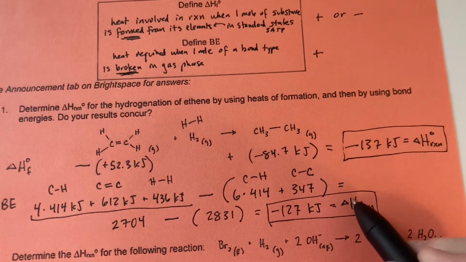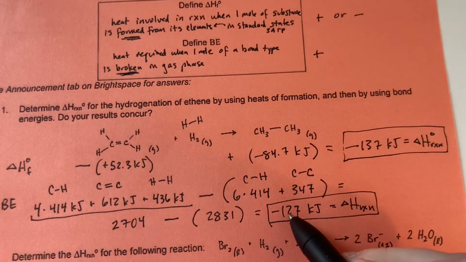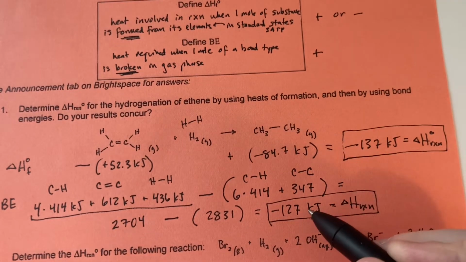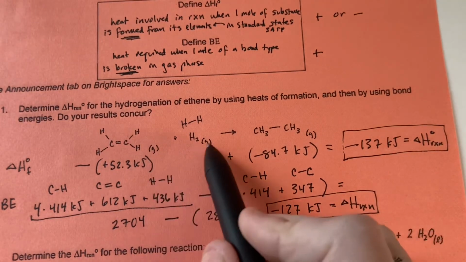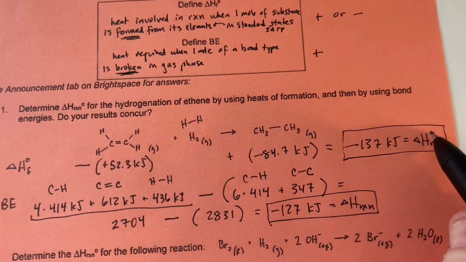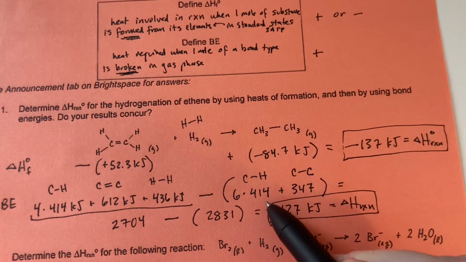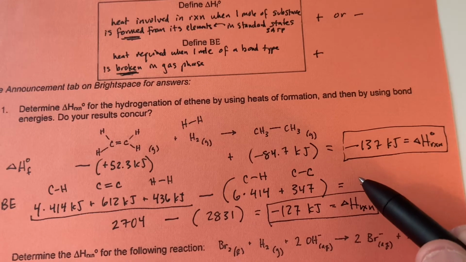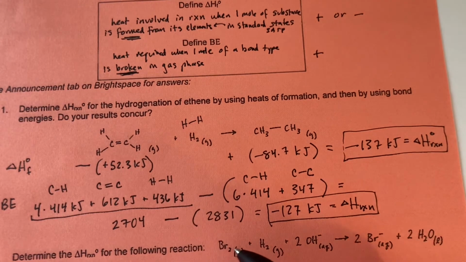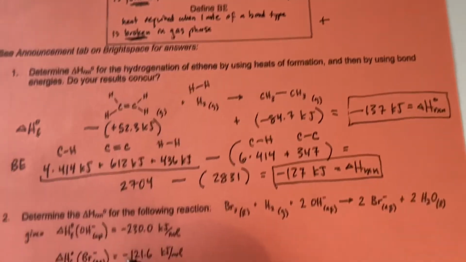So the best I can do is just calculate a delta H. Hey, these two numbers, they're not too far off, I guess because everything's in the gas phase, but I'm not standard, and these are average values, so we don't expect them to be exact. Okay, so that's the two methods. This one's not as good. So in our next